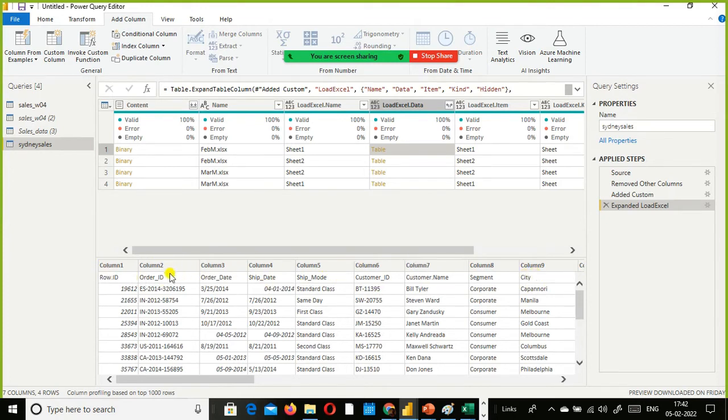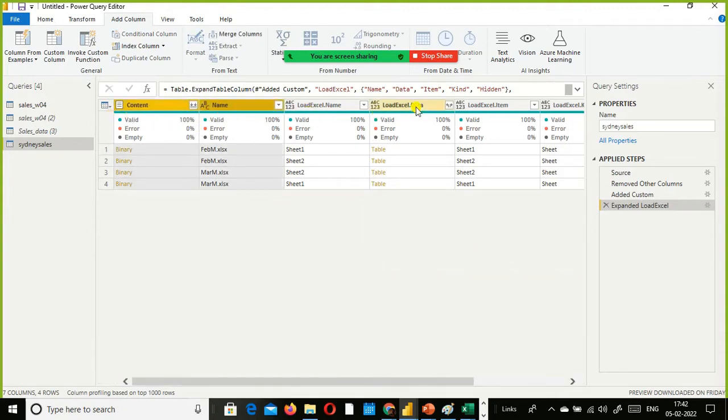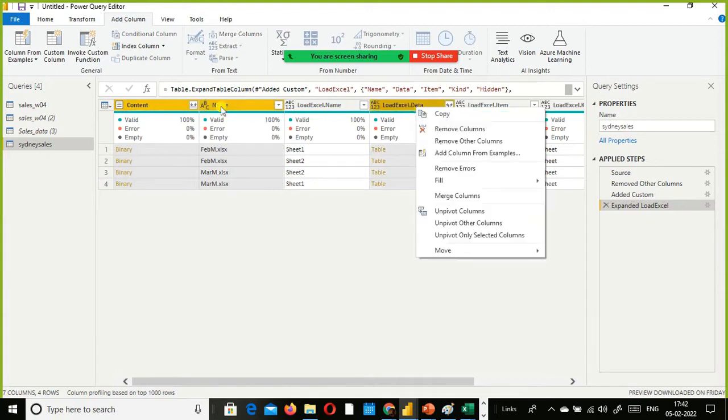So we have a function called promote headers, using which I am going to promote the first row as column headers. In that case, I don't need all these columns. I am going to keep only these, since the Excel name is not required.